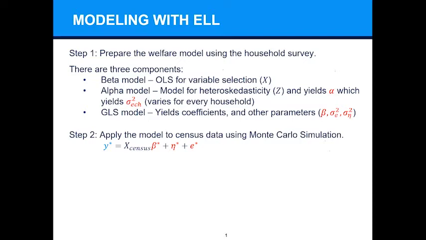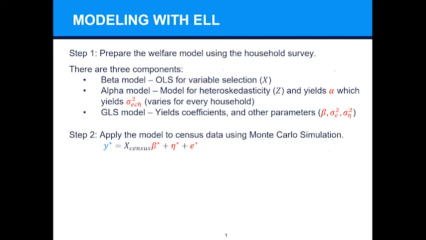Once variable selection for the beta model is complete, a second OLS model is used to model the variance and account for potential heteroscedasticity. This is called the alpha model. The alpha model yields a sigma squared at the level of each household, allowing for different variances for different households. Finally, a generalized least squares or GLS model is run to yield the final coefficients and any other necessary parameters